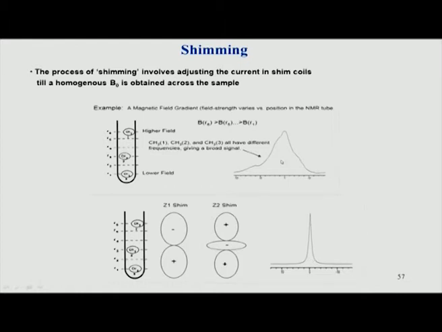We cannot analyze or interpret this kind of a spectrum in solution. Remember, we are talking about the solution state. In solid state the matter is different, where the lines are inherently broad, but we are only talking about solution NMR, and there you can see that this particular line is very sharp, nice, and can be analyzed. So, shimming is a very important process, and nowadays it is done automatically by the computer with very little manual intervention.